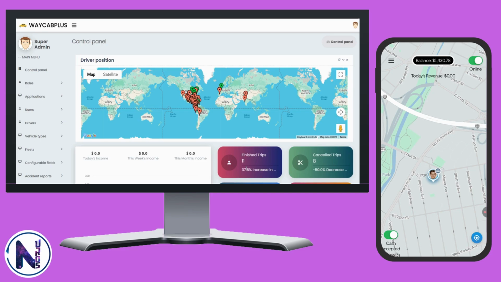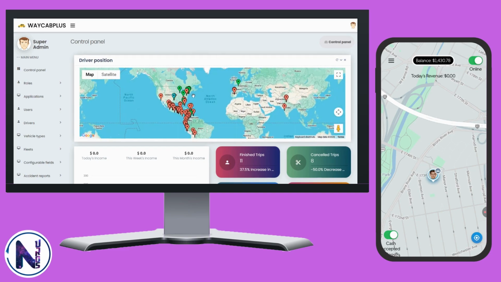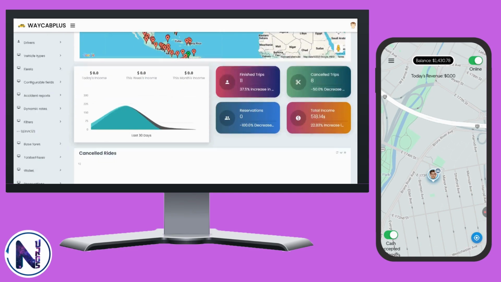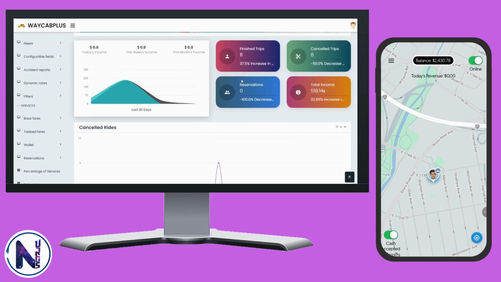How to send a ride from the admin panel. Here is what the admin panel homepage has. At the top we can see a map with each driver within their location. When you scroll down a little, you can see some modules like a graph with the income in the last